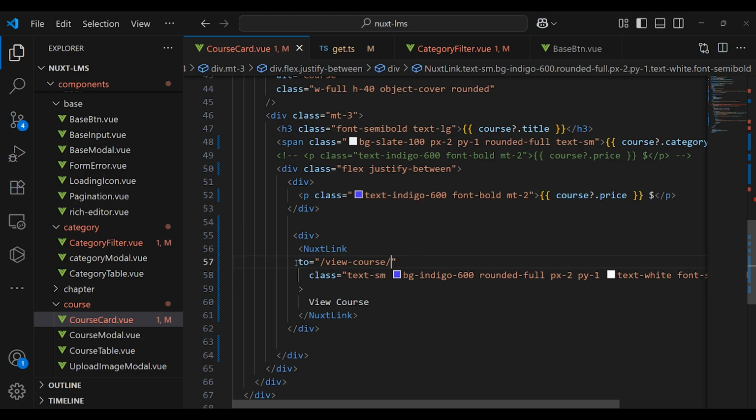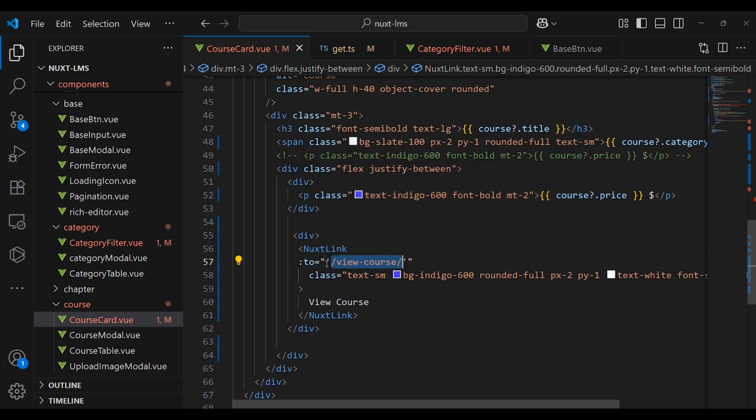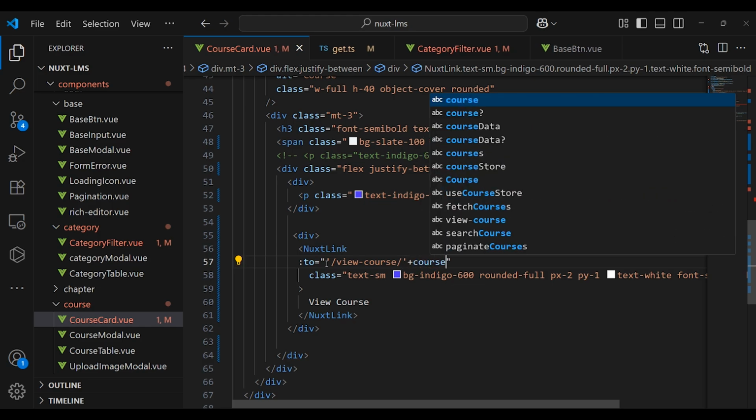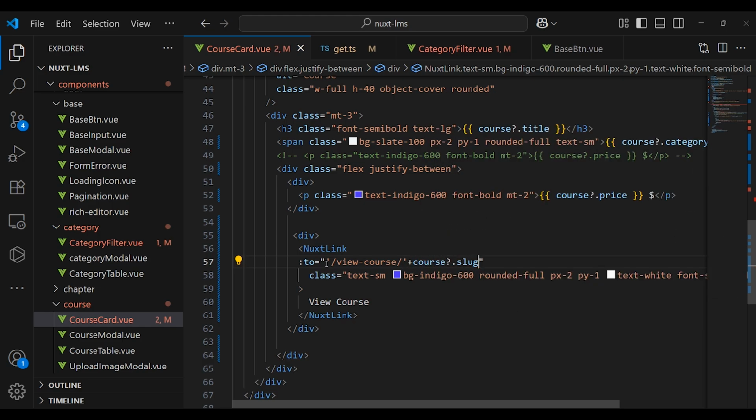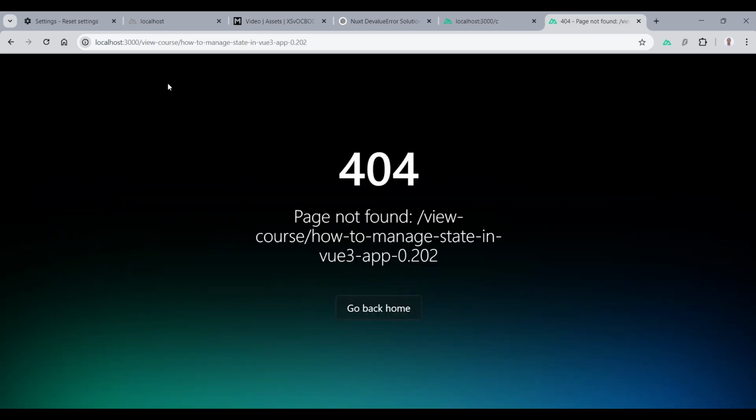I'm going to do the following thing. Okay, I'm gonna wrap that into single quotes, and I pass here plus. We're gonna pass here course.slug like this. Okay, and yeah, let's see here. In here, you can see we have here the course slug. If I click here, we're going to move to the page. Okay, view course. If I click here, yeah, we just moved to the view-course folder, and we have here